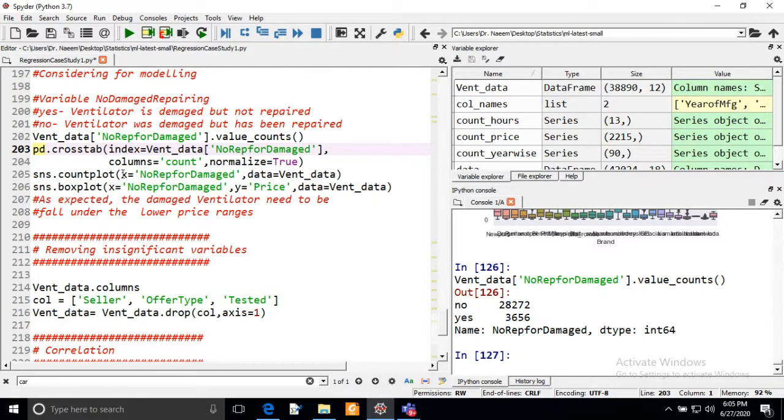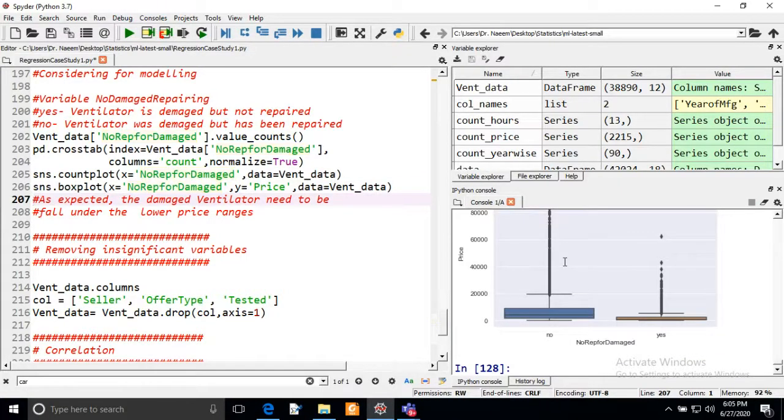So now we can directly see the box plot of this not repaired for damage variable. If the ventilator was damaged and you didn't repair it, it has the lesser price. If you had damage in your ventilator and you have repaired it, it has more price.